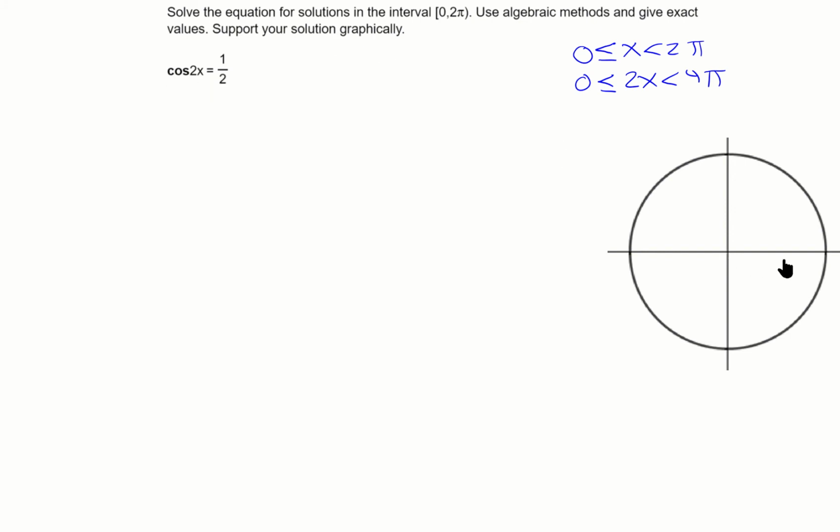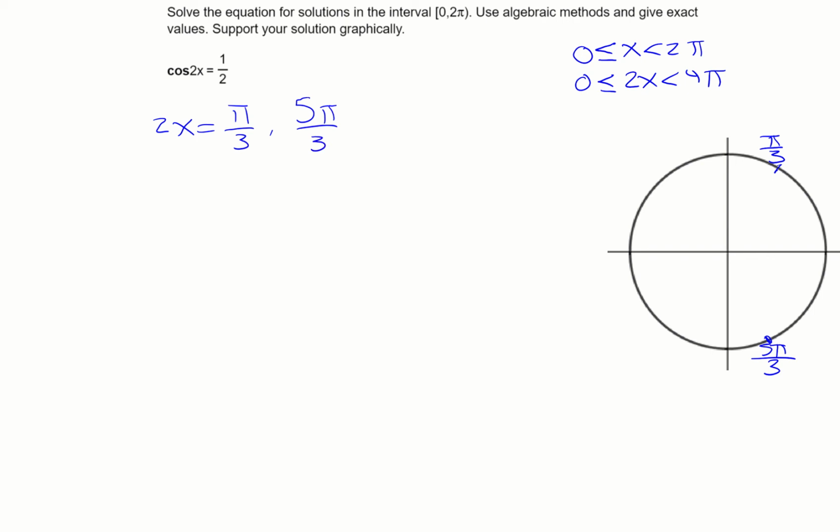So we know that cosine is the x value. So here's where the x value is 1/2. If I go up, we should recognize that that's pi over 3. But notice this angle down here also has the same x value, or cosine, and we know that's 5 pi over 3. So basically pi over 3 and 5 pi over 3 are going to be our starting solutions. Now, we can say 2x equals pi over 3,